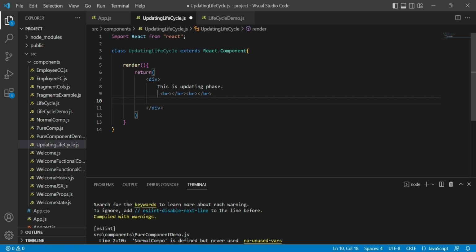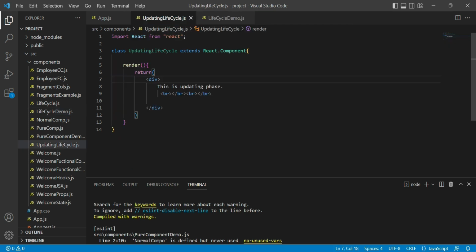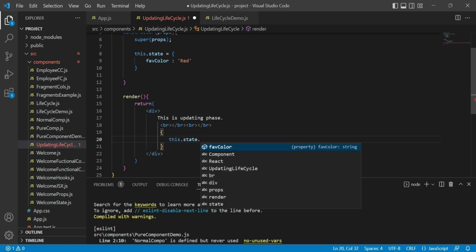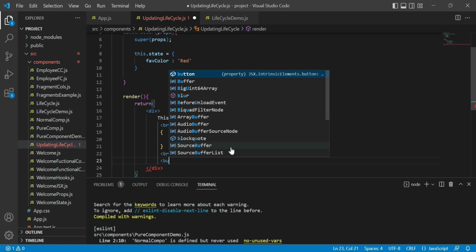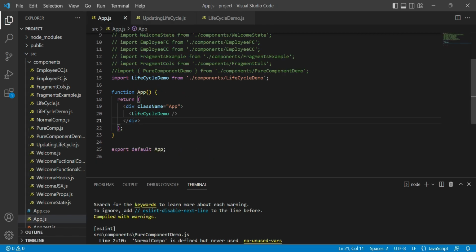Save, and I'm going to copy this constructor, and after this simply return our fav color using JSX. So this.state.favColor, save, and let's also use a button, change color, save, and in the App.js